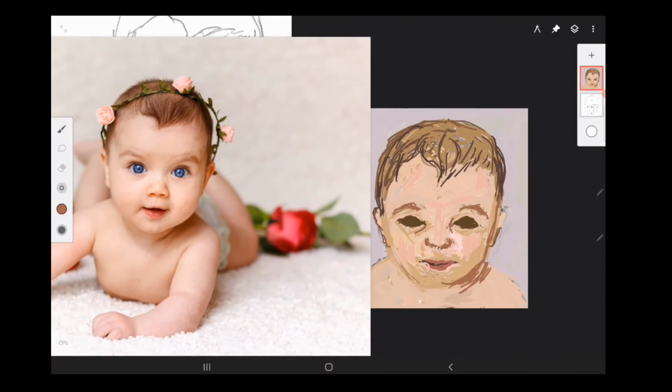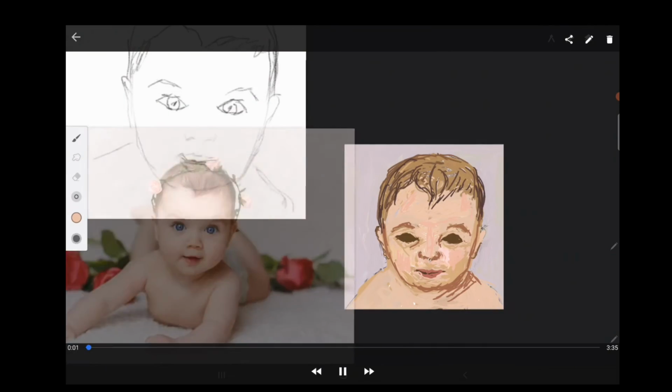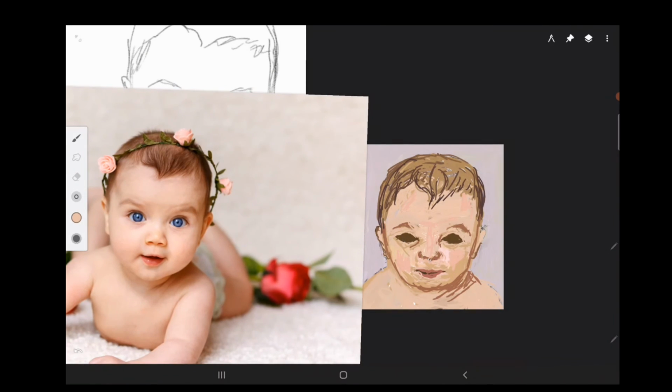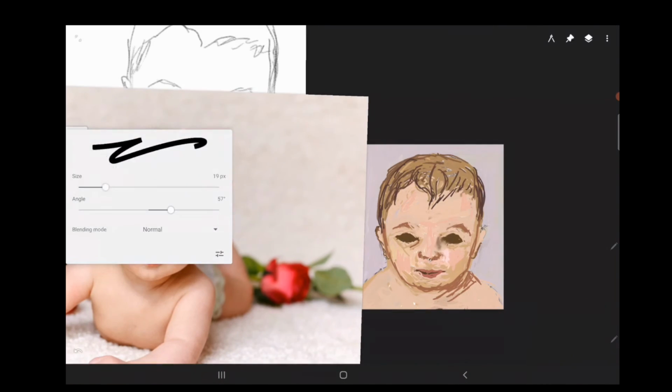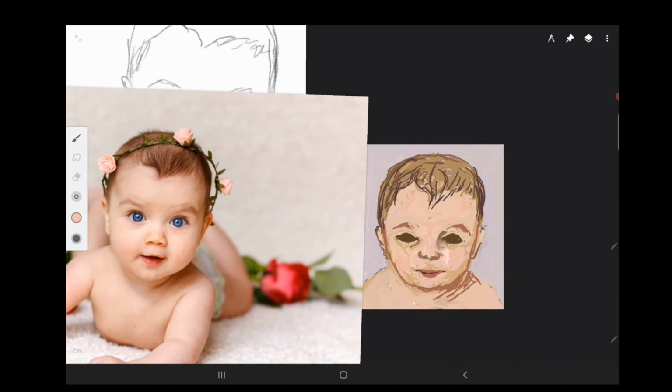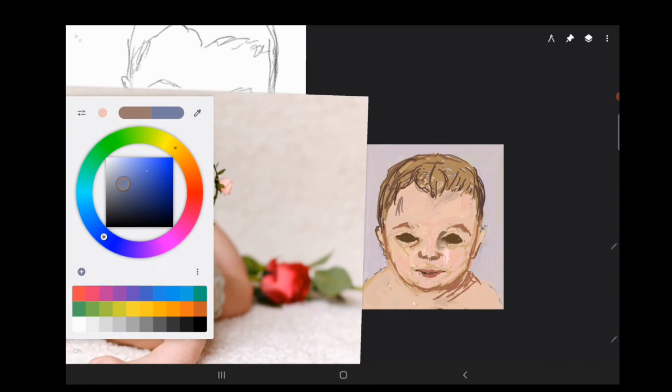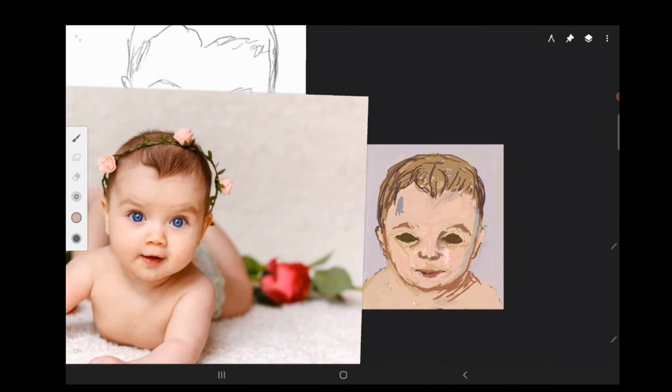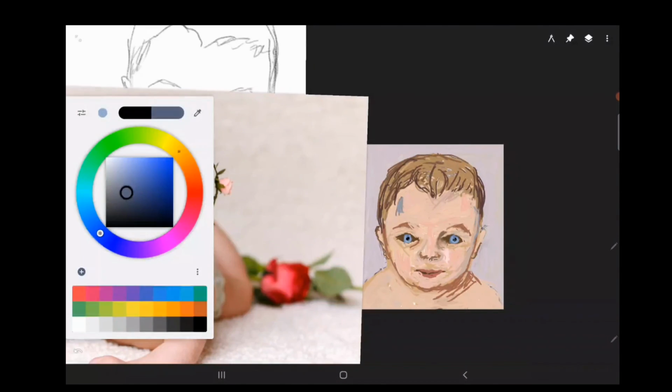So now I'm working on the shape of the head, and it's not exactly right, but it's better than it was. And I'm adding a little bit more features to it. And I'm working with browns and a lot of light colors. You can add a little bit of some blues and some yellows in there if you want, but be careful. You don't want to put too much blue or purple, because that would look like there were bruises. And then here I'm working on the eyes again,